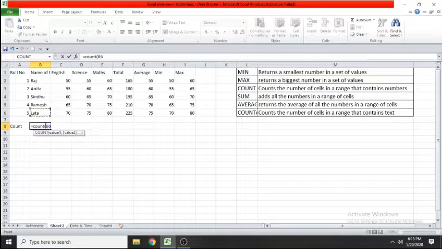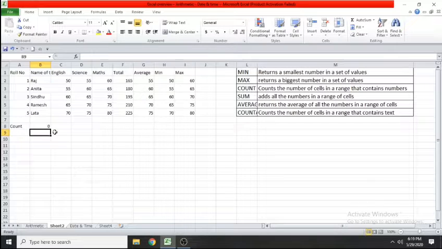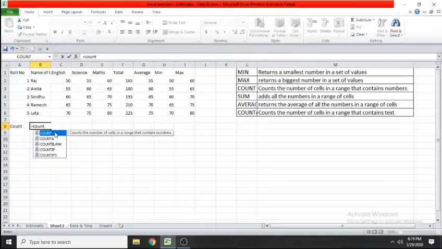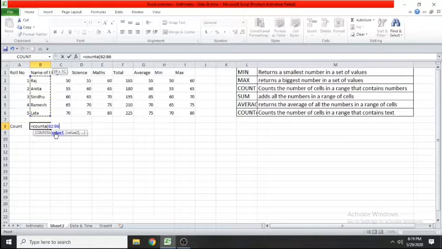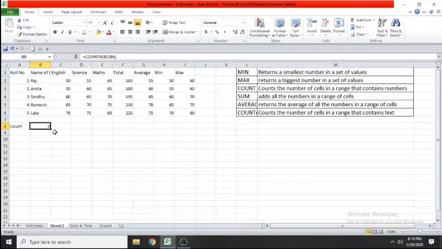the count function with all the names of the students, and I am trying to close it. So here you can see the range which I have given is B2 to B6, and I am pressing enter. I am getting 0. Why? Because count function works with numerical values. But if you want to count the text values, you have to use the count A function. So I am using count A, opening the round bracket, and now if I select the names of the students, this particular range, and close the round bracket, let's see, I am getting the proper answer of 5.